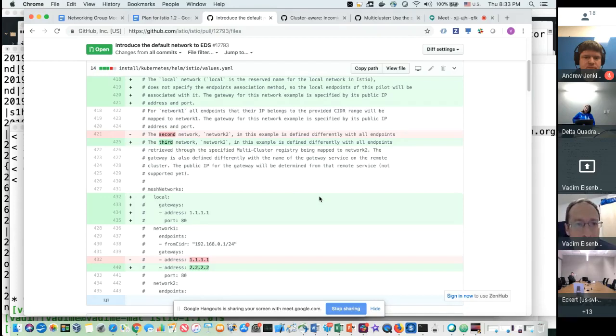And this way it will be possible to specify the gateway for the local network, so it will be possible for remote clusters to call the local one. Currently, with the cluster-aware multi-cluster, it's only possible to call from the local cluster to remote clusters. It's not possible to call back.